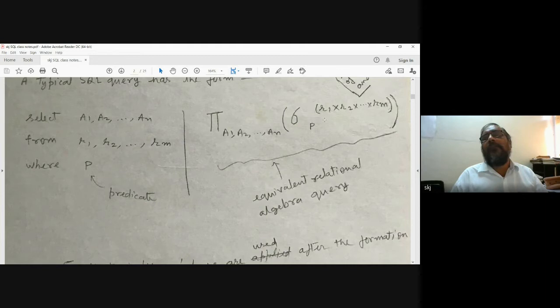This is algebraic notation, and it might be covered in your theory classes on relational algebra.